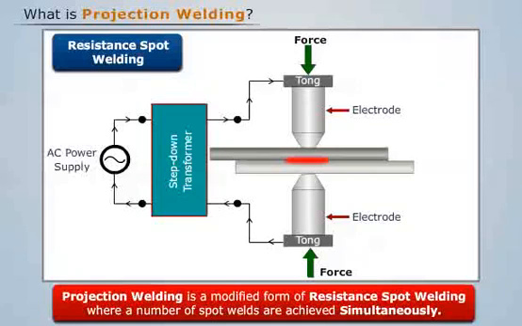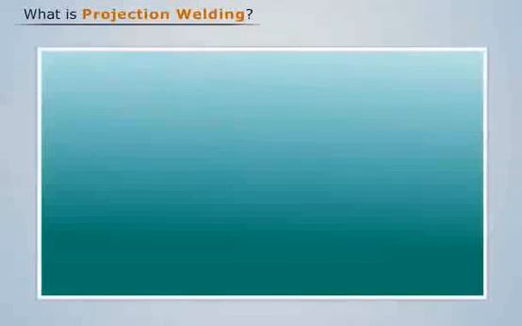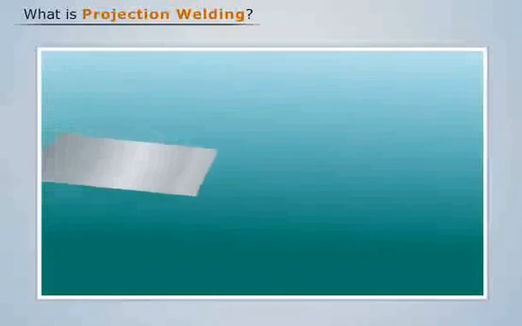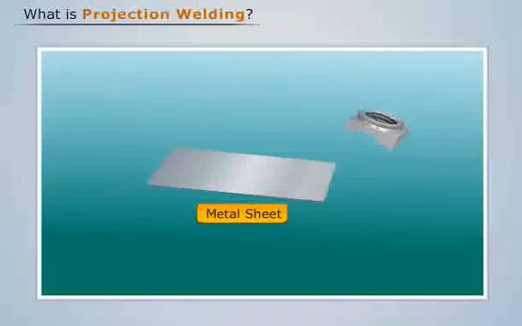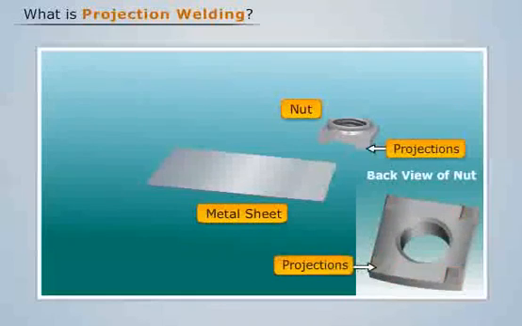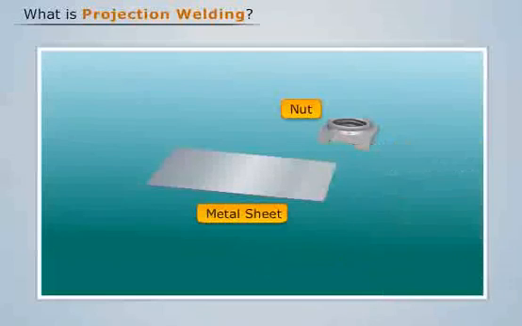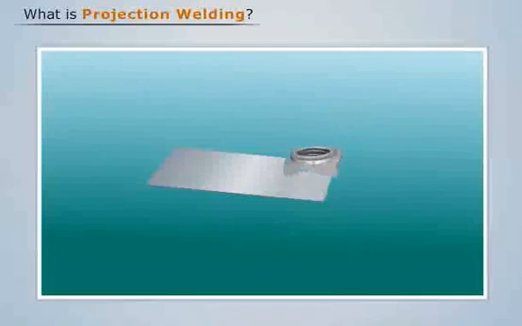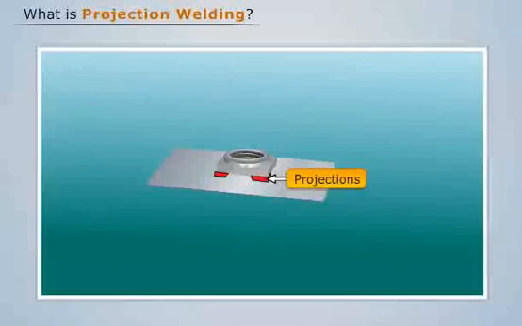To understand the concept of projection welding, let us consider two pieces, say a flat metal sheet and a nut, and try to join them together. We see that the nut has some projections on its one surface. Now let us place this nut on the metal sheet such that only the projections are in contact with the sheet. Then we place the workpieces between two electrodes,